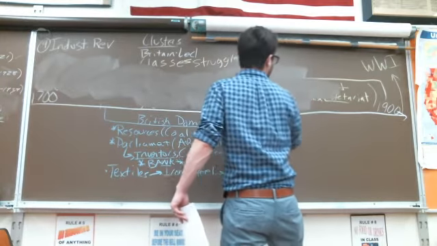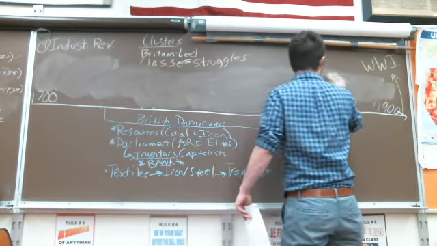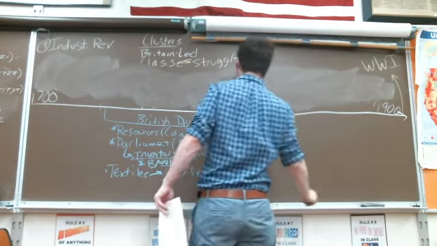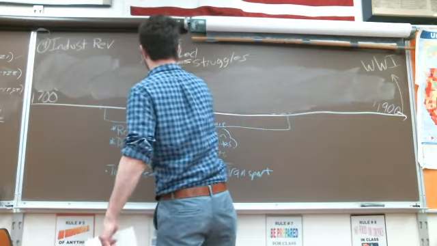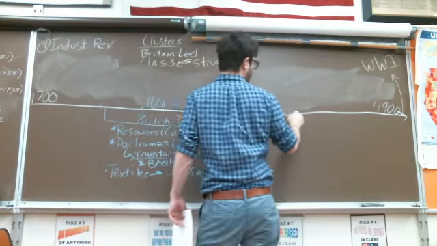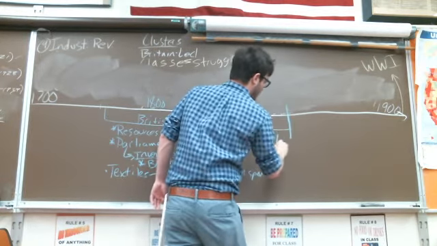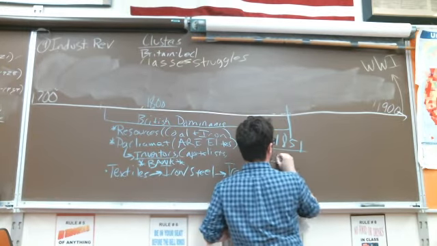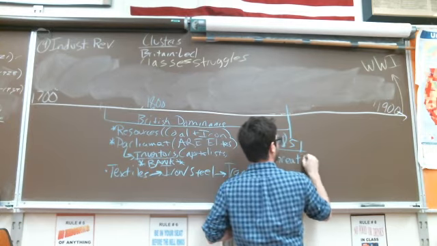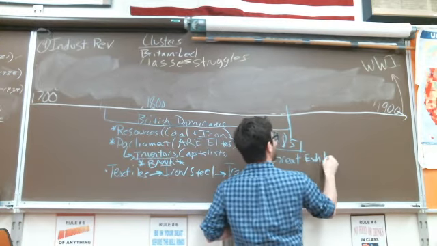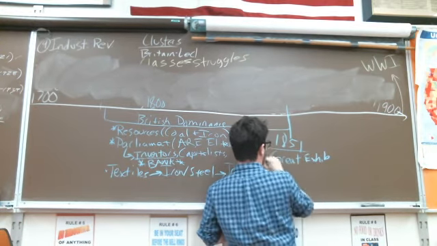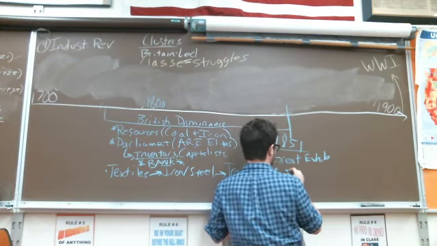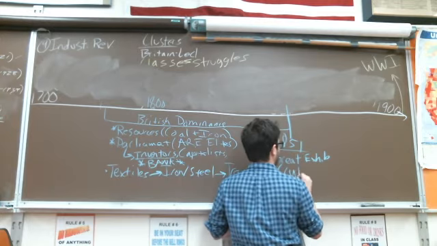And what spreads the Industrial Revolution to the rest of Europe? The World's Fair. 1851, we had right here, what did we call that World's Fair? Great Exhibition. And the College Board goes out of its way to mention one thing about that World's Fair, which is what? Crystal Palace.